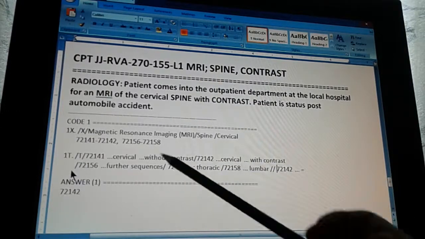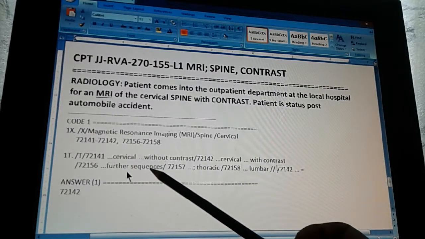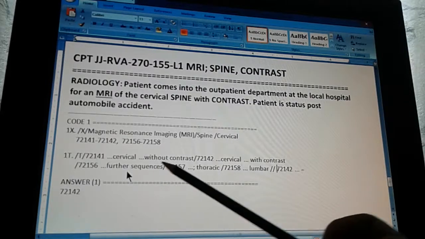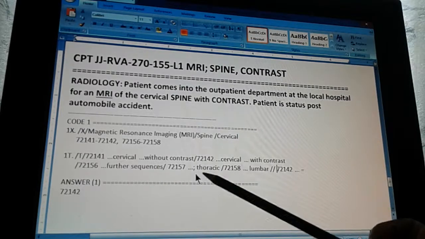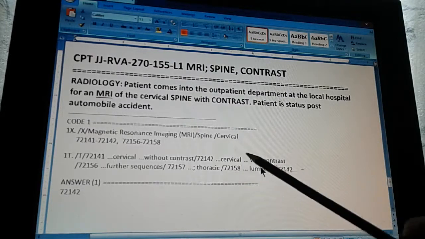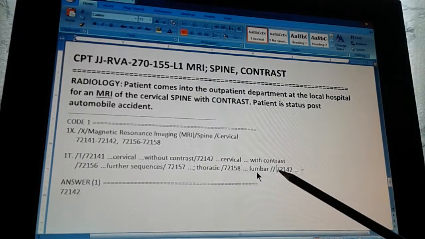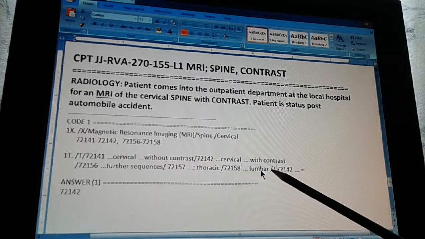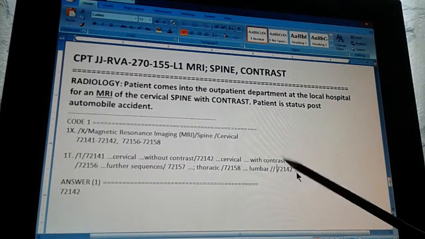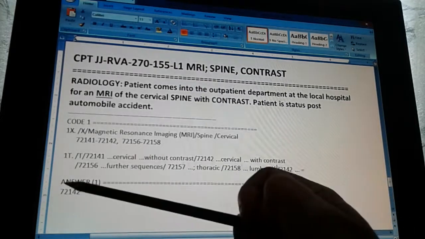What are the other ones? The other ones are for further sequences, which means that they are additional MRIs, right? And then the other ones are the thoracic, and the other ones are lumbar. So we have to go back to the one that says cervical and with contrast, because that's the one that is in our problem, right? So this is 72142. This double forward slash means go back to 72142, which is this one, and the equal sign at the end means that this is the code you have to double check. So that's why the answer is